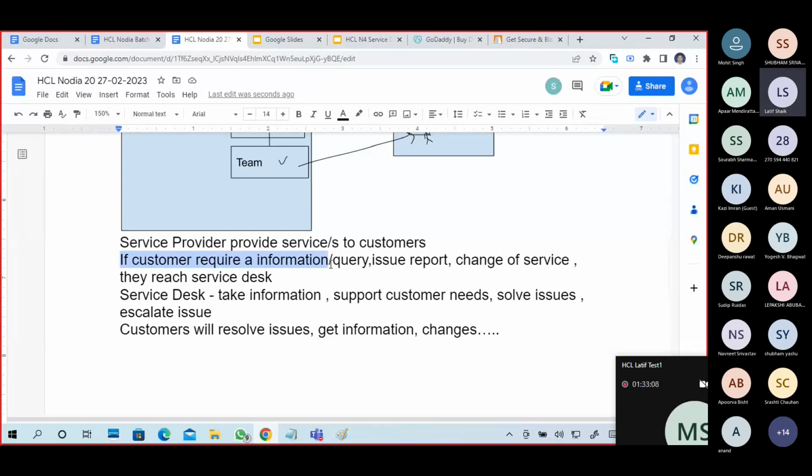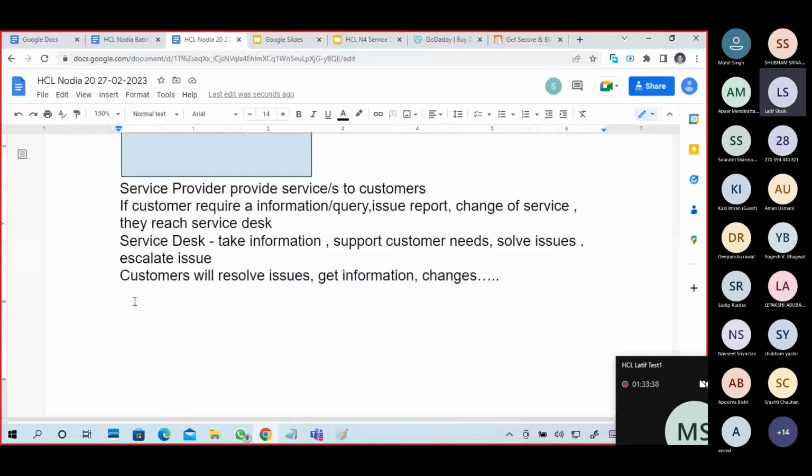If a customer requires information or a query, or wants to report an issue or a change of service, they reach the service desk. What will the service desk do? Take information and support needs, resolve the issues, get information or changes. Then this ticket will be closed.